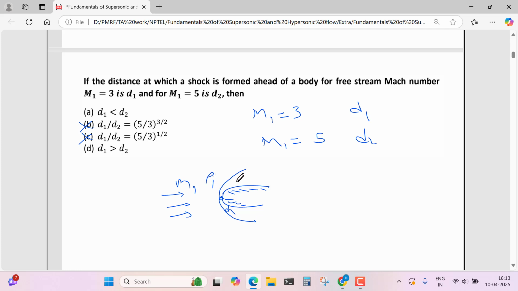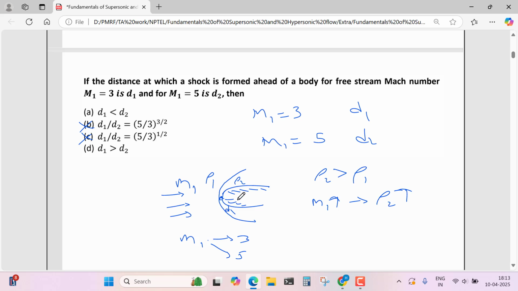If there is density rho 1 here and density rho 2 here, we know that rho 2 is always greater than rho 1, and as M1 increases, this rho 2 will also increase. You can see from any other shock relations also, like normal shock and oblique shock, that rho 2 will increase as we increase the free stream Mach number. So if the free stream Mach number increases, then rho 2 will increase. So for the same mass flow rate to pass through the body, for different Mach numbers, let's say Mach number 3 and 5,